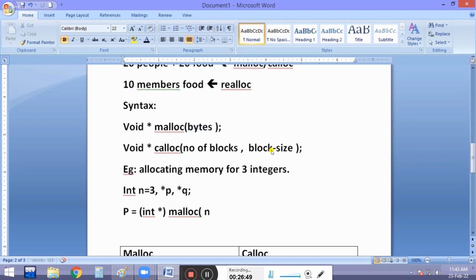Then can I directly write like this: n into 2? Already n value is what? 3 into 2, now 6 bytes of memory allocated. But don't follow this technique. Why? Because in Turbo C, integer takes